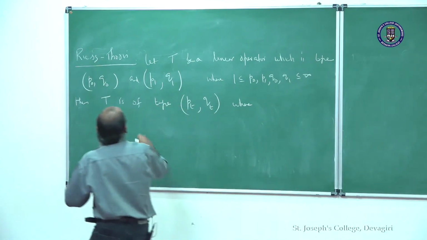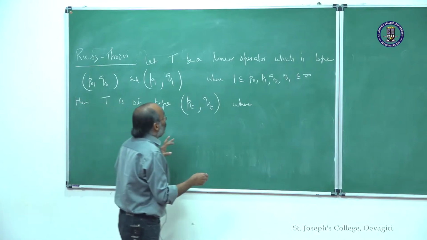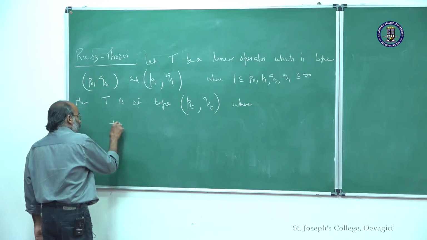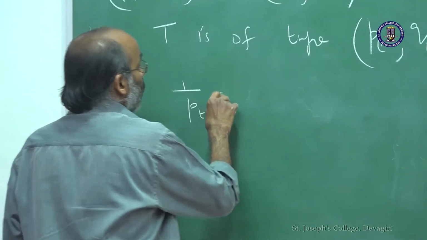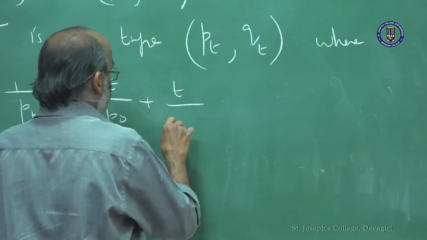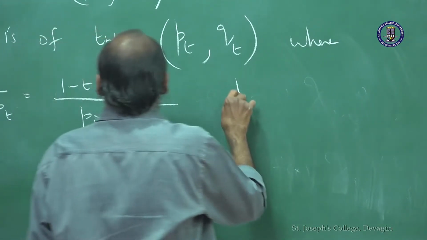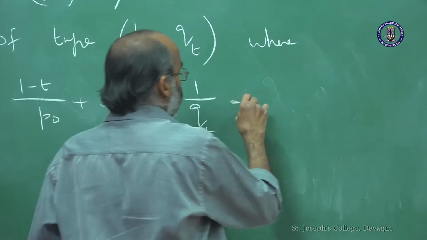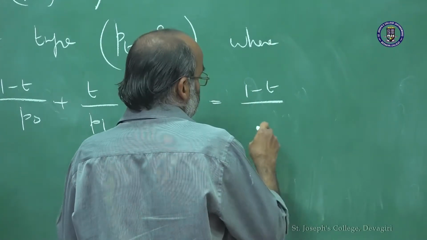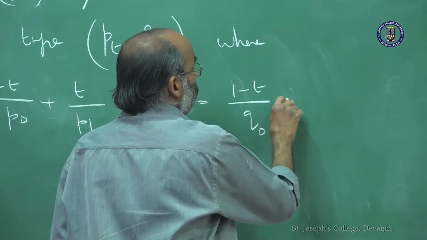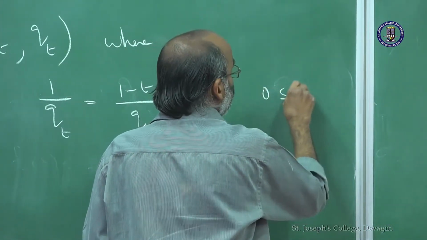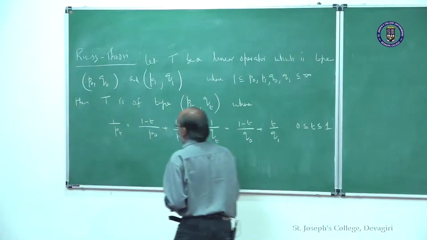So, T is of type (p_t, q_t), where 1/p_t equals (1 minus t)/p0 plus t/p1. This is all very similar. There will not be any confusion once you understand what this says. 1/q_t equals (1 minus t)/q0 plus t/q1, with 0 less than t less than 1, and